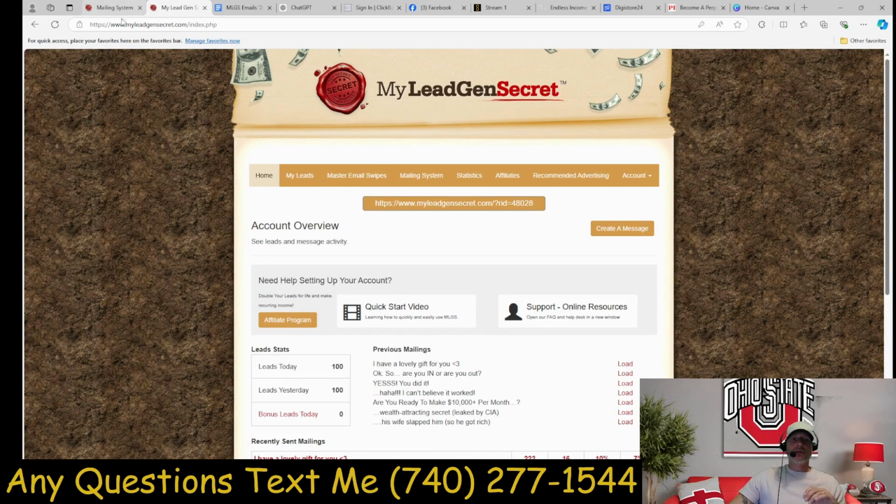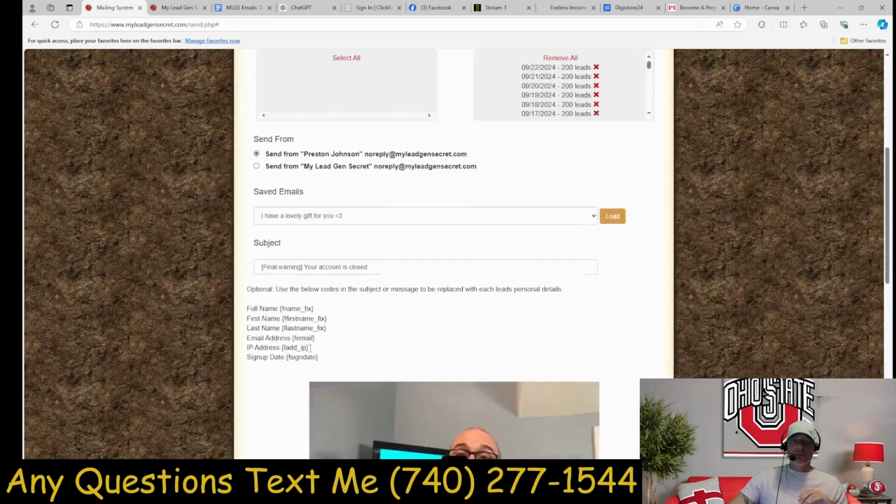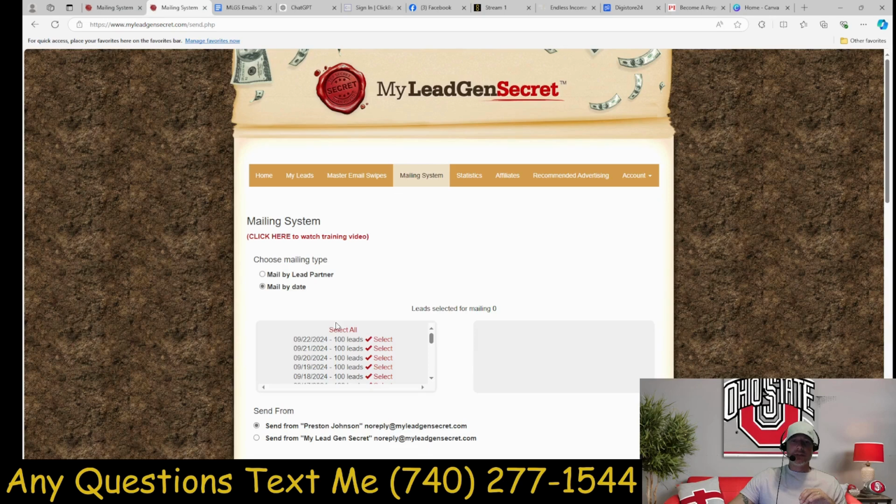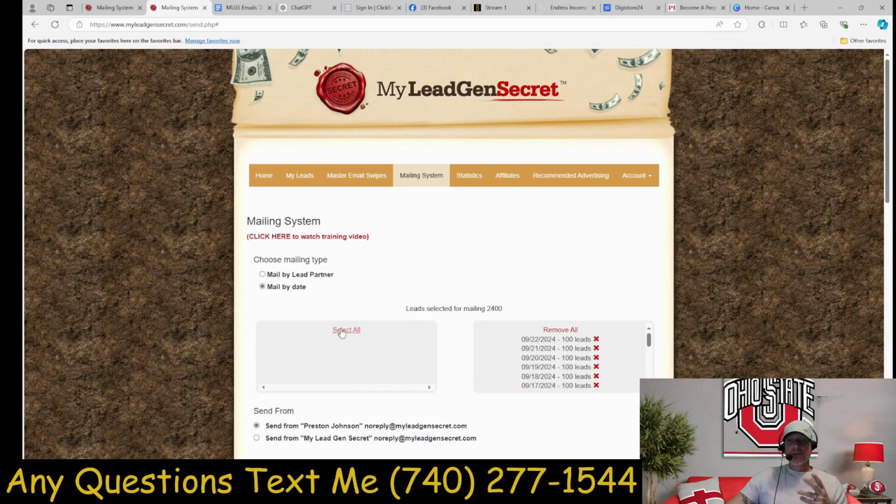And then you just copy everything from your first account, copy, and then bring it over to your second account. Let me hop in the mailing system there. So this is my second account. So you can have more accounts. Like I said, there's 5 levels of this thing. So you can have as many accounts as you want. But once you get to 5 accounts,